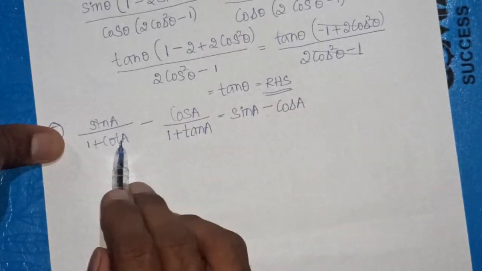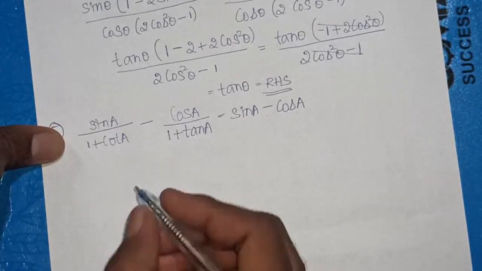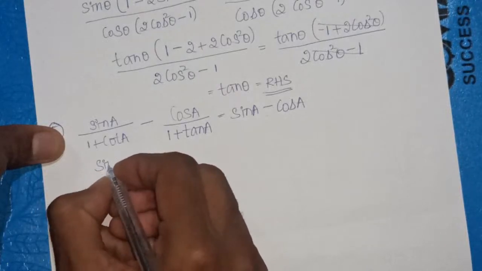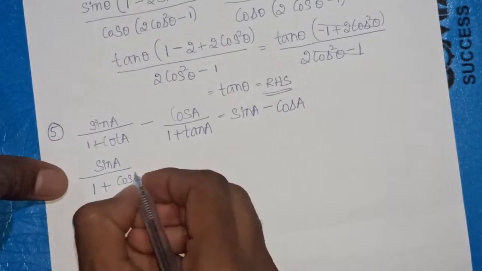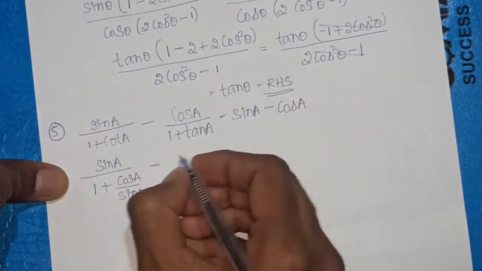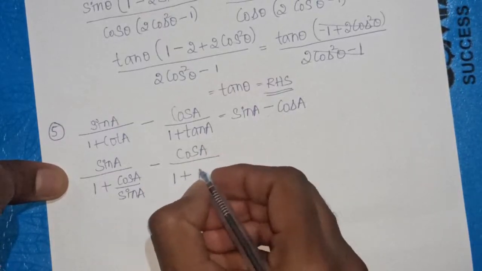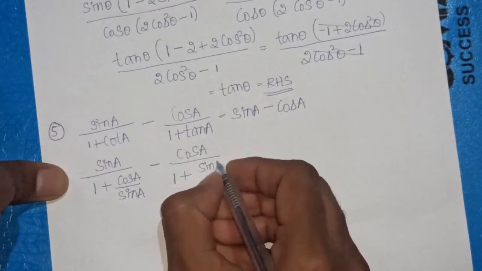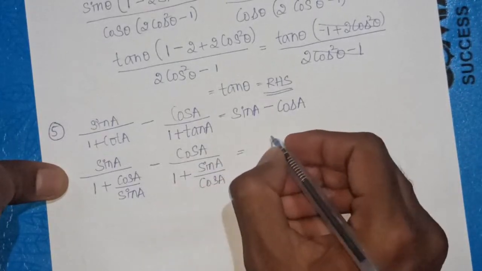In the LHS we have cot and tan terms. Let us convert first cot and tan into sin and cos: sin A by 1 plus cos A by sin A minus cos A by 1 plus sin A by cos A. This will be equal to sin A